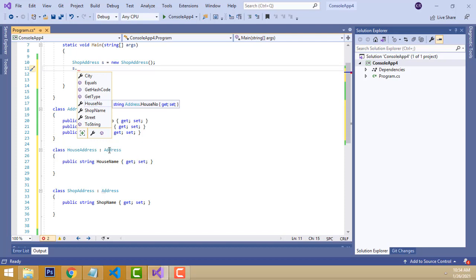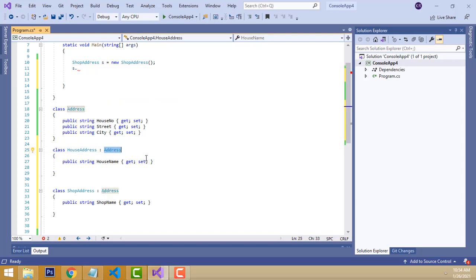So how do we declare this class? Here you can't inherit two classes. If you inherit two classes, the program shows an error. If it is an interface, you can inherit more than one interface, but you can't inherit more than one class. This is the general rule of the language. So how do we make this possible? How do we get this property inside this class? Control C to copy, Control V to paste here.